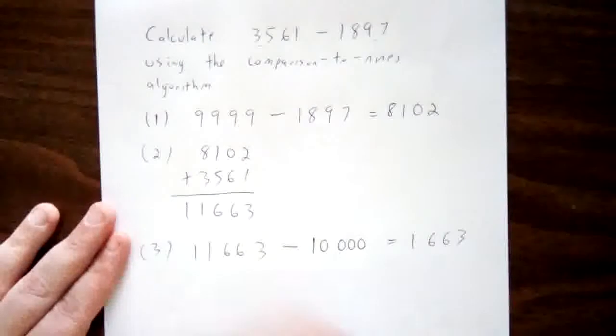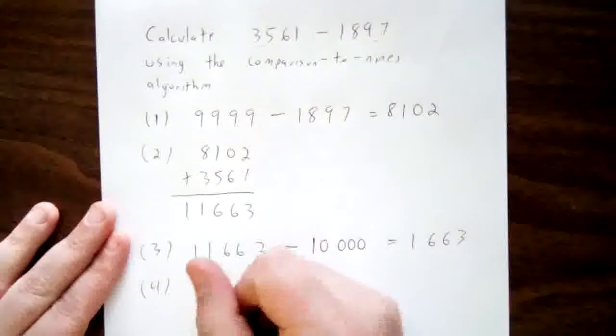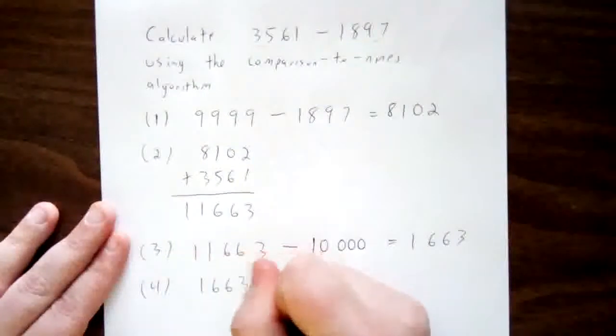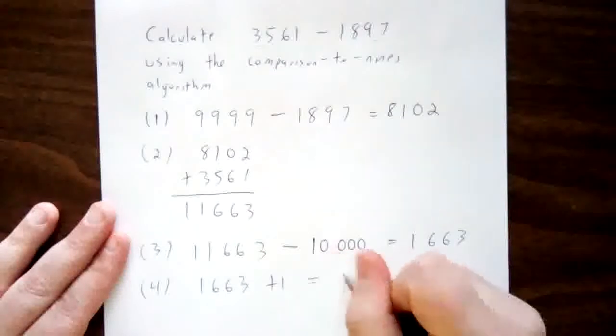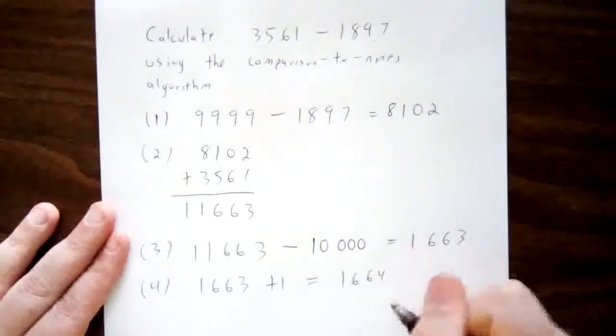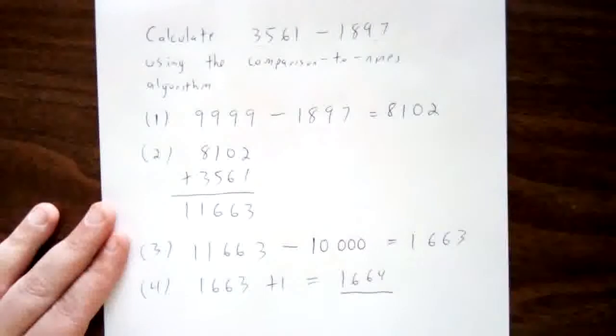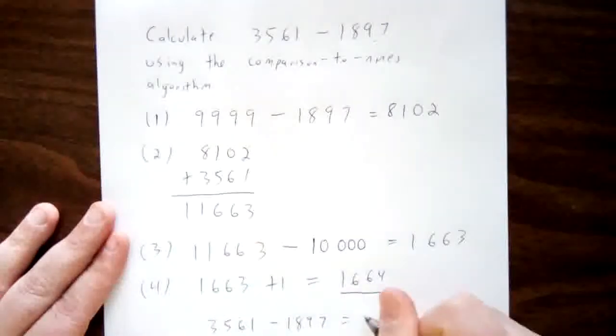1,663. And the last step is for us to take that difference that we just found, the 1,663, and for us to add 1 onto it, giving us 1,664. This final sum is the answer to our original question, that 3,561 minus 1,897 has that difference,